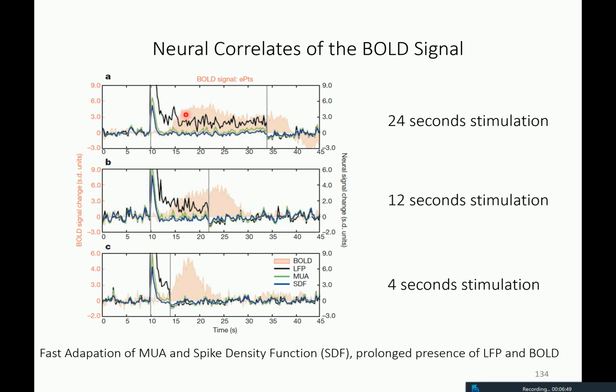They observed that the BOLD signal starts to go up after some time, and then shows a plateau response with a little bit of decrease here. The multiple unit activity, as well as the spike density function, which is a different way of looking at the raw data but also relates to the spiking activity, only peak here in the beginning. So output is happening from this region essentially in the beginning and then goes back to baseline. The only thing that keeps on being present in the electrophysiological signal is the LFP activity,